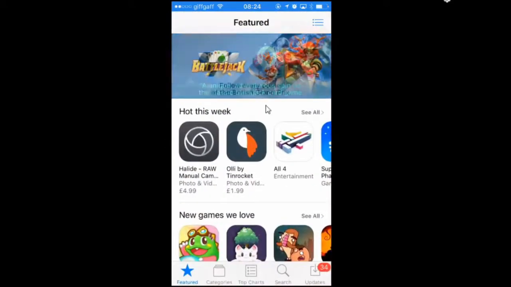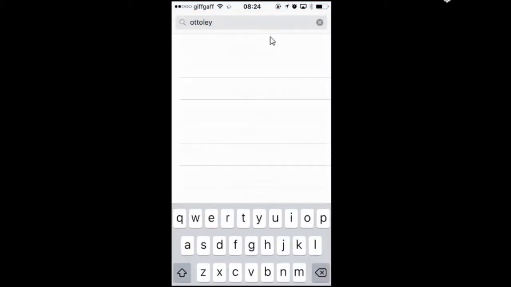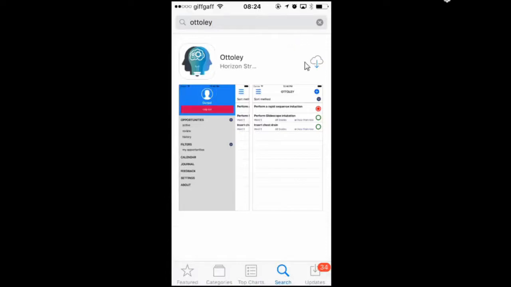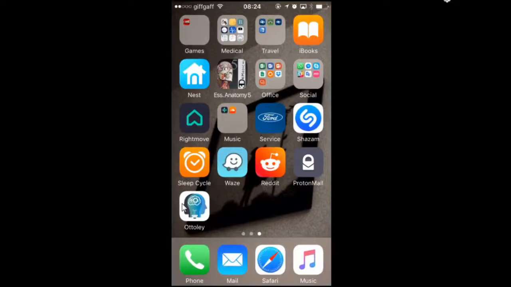Next thing, go to the App Store and just search for Ottoley, and then just tap on the cloud icon to download. So once the app's downloaded and installed, you can either open it from in here, or it will be available in the next space on your home screen. So just click to load,